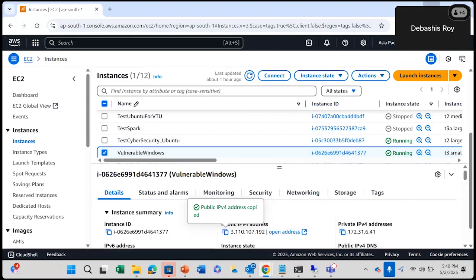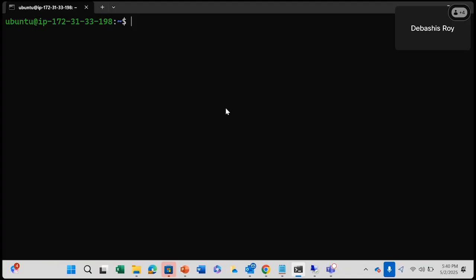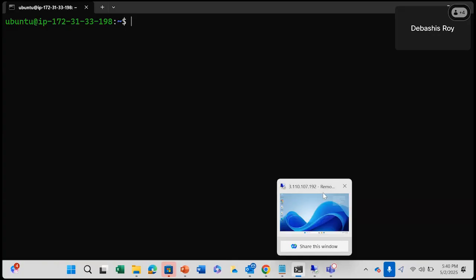One is an Ubuntu system that I'm going to show you, and the other is a Windows system, which I am also showing you.